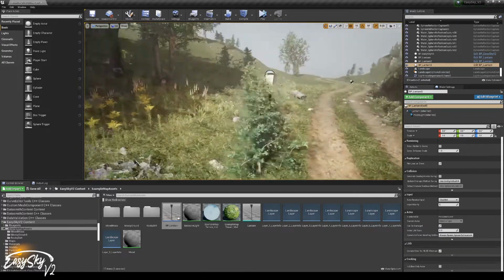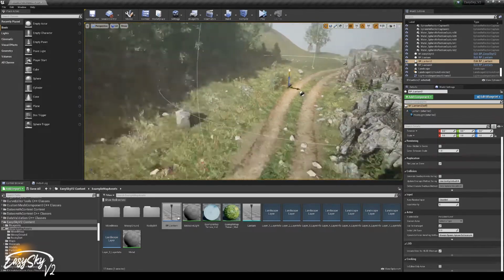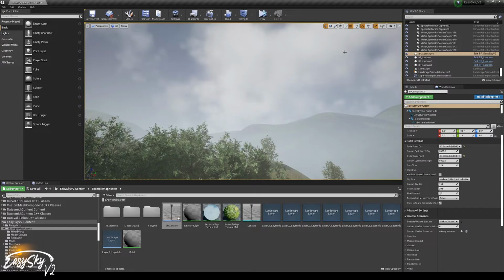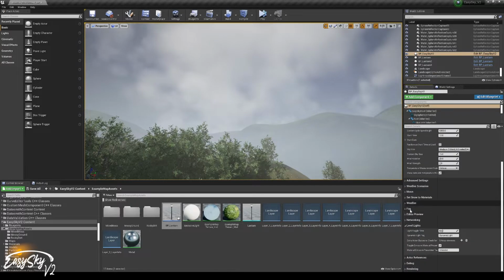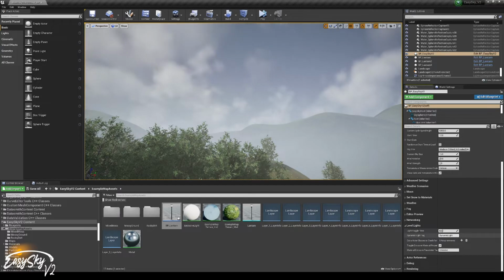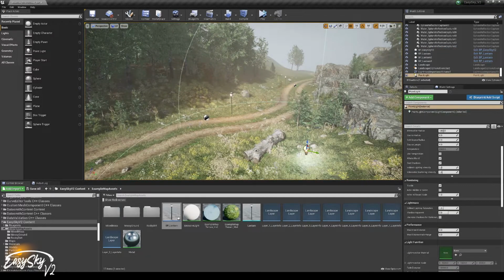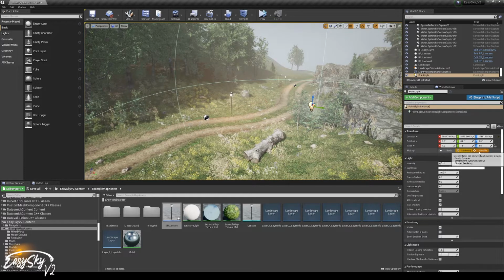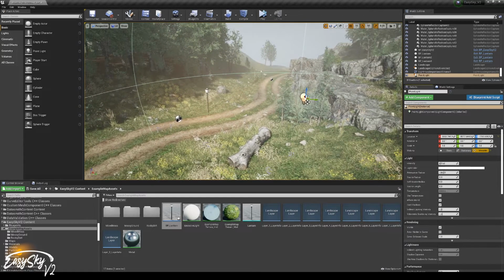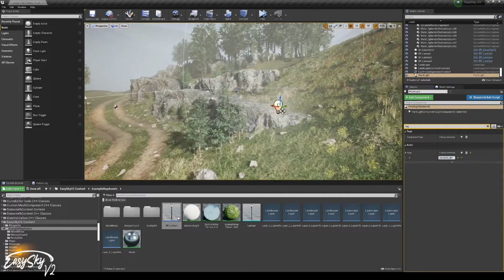Yeah, I'm pleased with how they stand right now. Well, maybe this is a bit in the trees. There, that's better. Okay, so what we can do is go to EasySky and then go to the level light section, and there we have a dynamic light tag, which is now set to dynamic light. That means that every light in the scene, stationary or movable, that has an actor tag called dynamic light will be taken into consideration of the